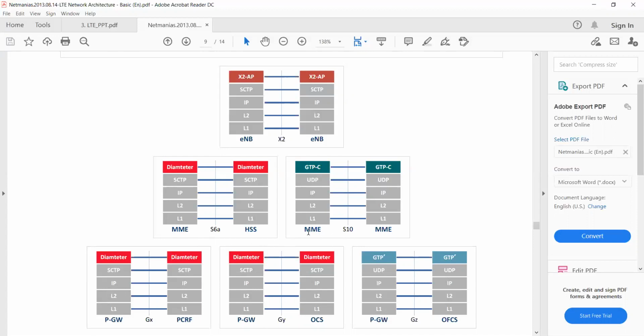So one MME is connected to another MME via S10 interface. Suppose one MME is in Karnataka and the other MME is in Telangana. It will be interacting with an interface which is called S10 interface. It is nothing but an IP. We configure it at source MME and target MME.